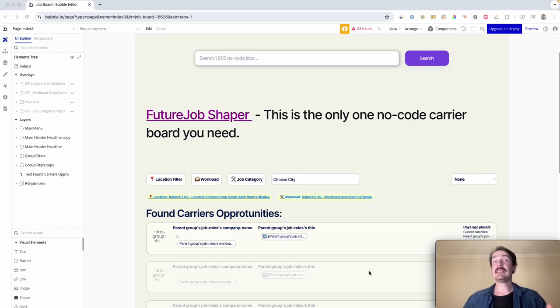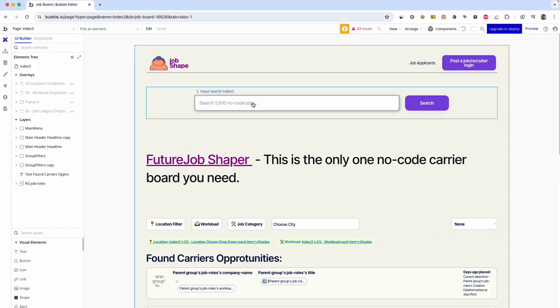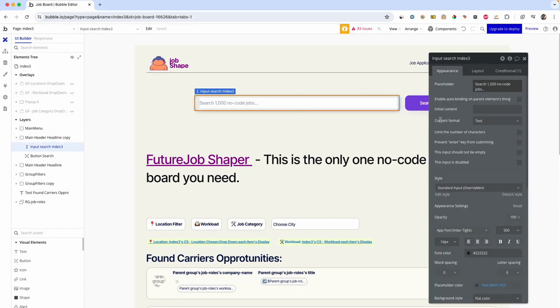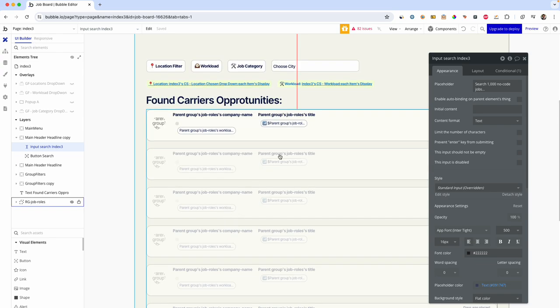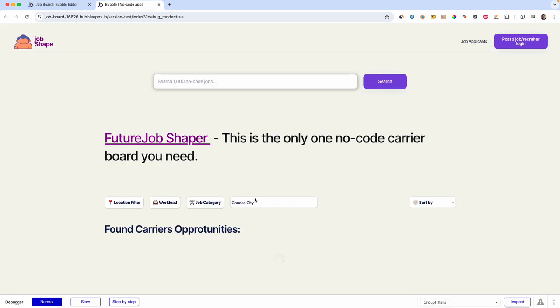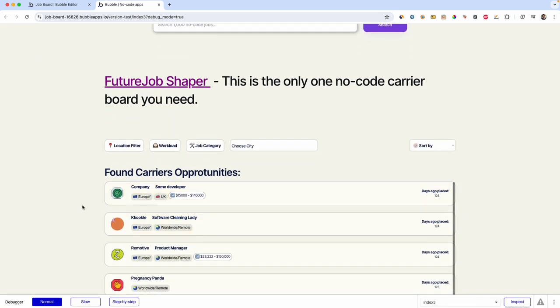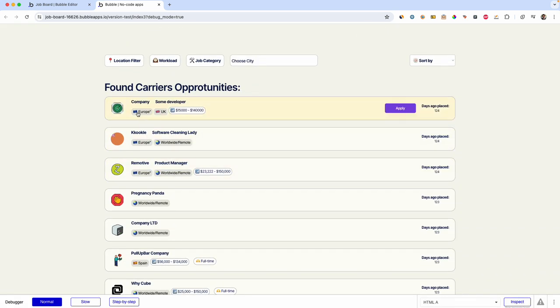Okay, so let's have a look at what we have. This is my main page and this is my input, and right down below is my repeating group. Let's click on a preview and I'll show you what I have inside of my repeating group. Each card inside the repeating group is a job role. Each row was posted by a recruiter,